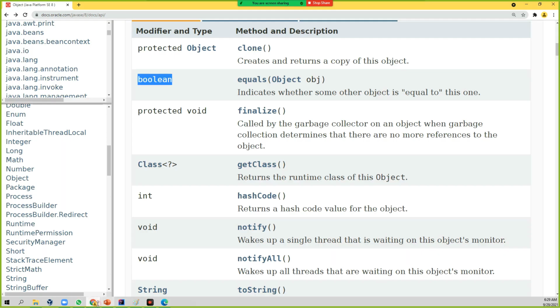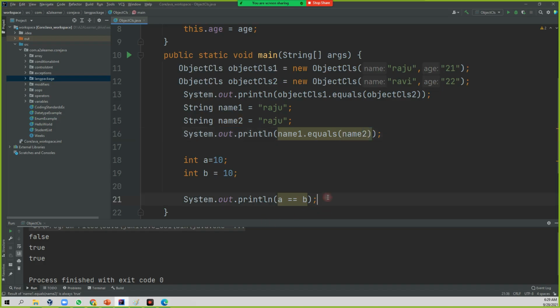The second thing, after equals, we've seen finalize, which relates to the garbage collector. The next thing is getClass.